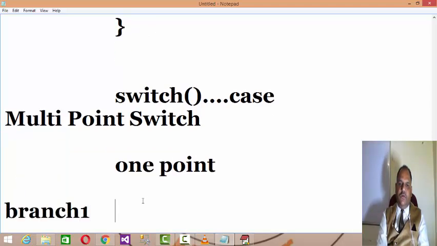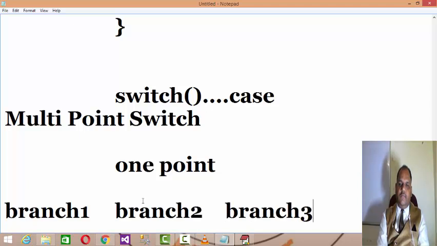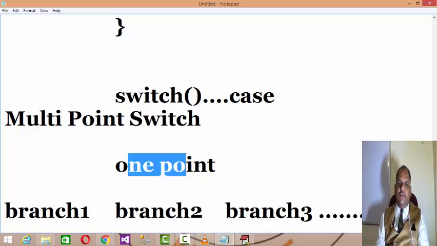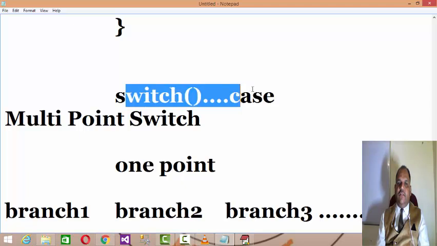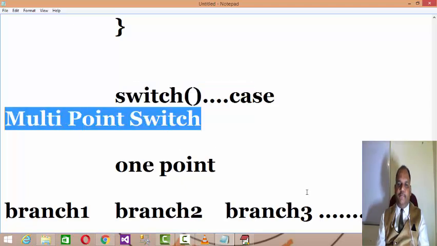Here we have branch 1, branch 2, branch 3, and many more. If from one point you want to diversify the control to various branches, then in such situations switch case is used. Switch case is a multi-point switch.